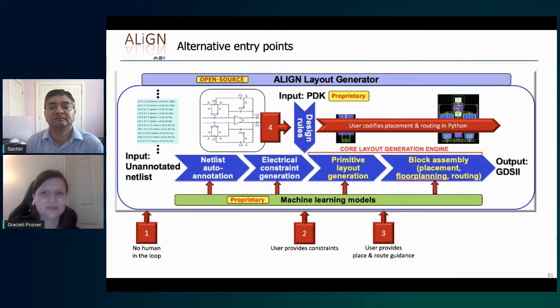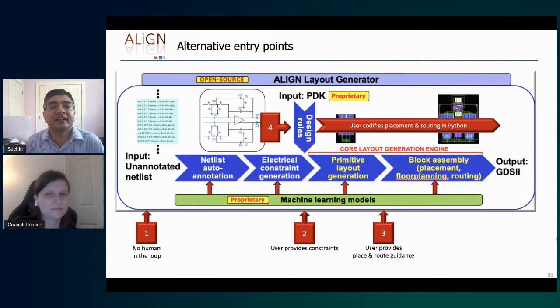Last question from Patrick. From the netlist, it's not possible to know if the circuit is a current or voltage mode. Can ALIGN receive specs from CM circuits and prepare the layout for proper thermal constraints addressing? So in principle, yes.